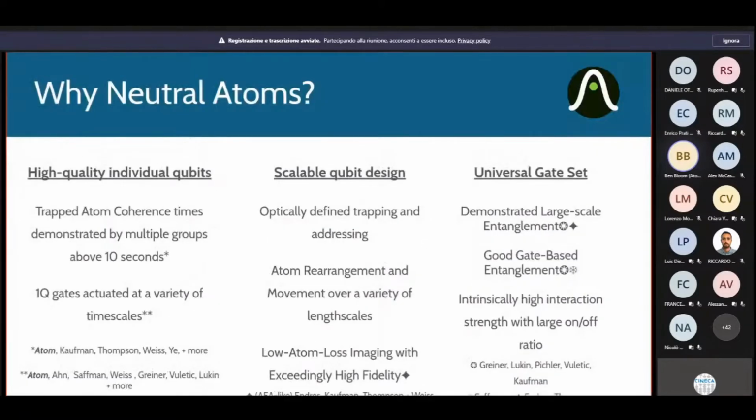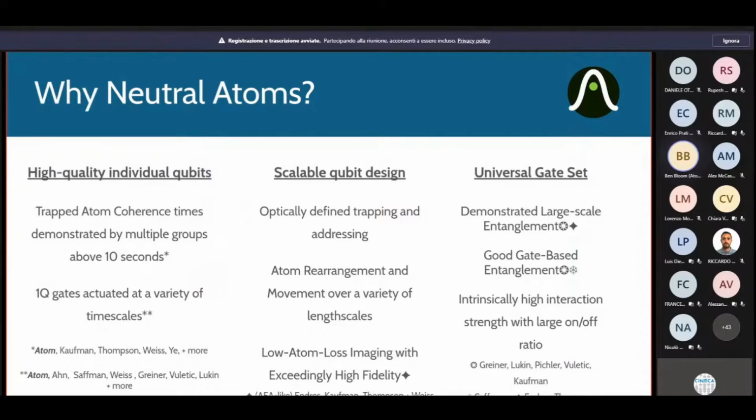So for neutral atoms, you need to get to those three common goals. In general, you want high quality individual qubits. We've updated this with some of our own results, but for a long time, trapped atom coherence times were pretty short compared to ions, and most of that is the fact that the traps themselves would affect the qubits, and I'll go into what a trap looks like and how that affects the qubit. But over the course of the last few years, people have gotten better and better at creating these traps that have incredibly long coherence times for their qubits.